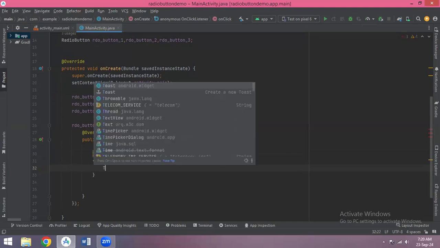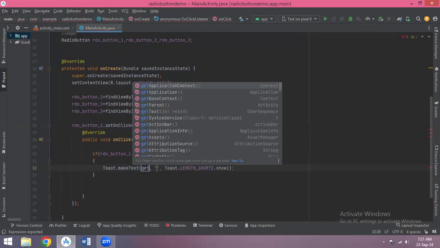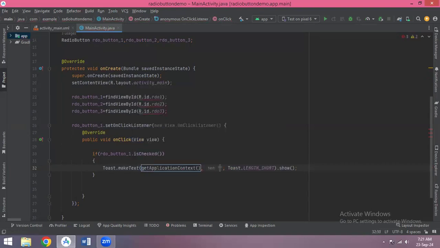So we are trying to display a message if that radio button is checked, then Toast dot makeText. The first parameter is getApplicationContext, that is nothing but the reference of the activity. Second parameter is the message that we want to display on the screen. So we'll write here that